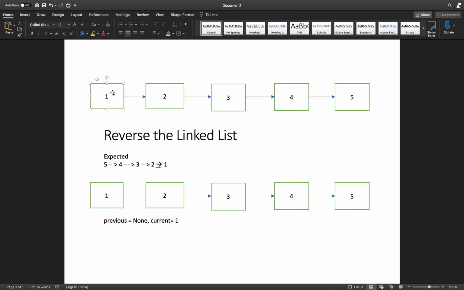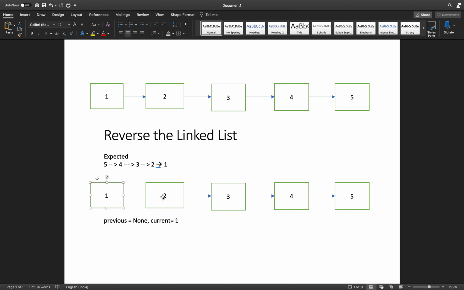Here is a linked list containing 5 nodes, 1 2 3 4 5, and each node will have a value and a next pointer. As we can see, one node has the value 1 and its pointer points next to 2. Similarly, 2 points to 3, 3 points to 4, 4 points to 5, and 5 is pointing to null. Okay, so that's the concept. If you want to reverse it, 1 will point to null, 2 will point to 1, 3 will point to 2. That is how we have to reverse it.